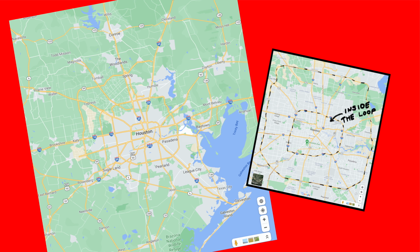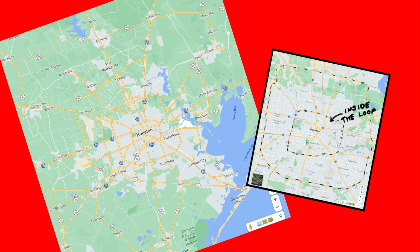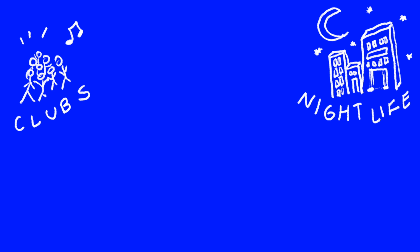Something important to note is all the apartments in this video are what we call inside the loop, and I'll have a map up here as my voice is going. Inside the loop tends to be a more urban, downtown, central, metropolitan area, and it's considered to be one of the most desirable areas in Houston because it is so close to clubs and nightlife and restaurants